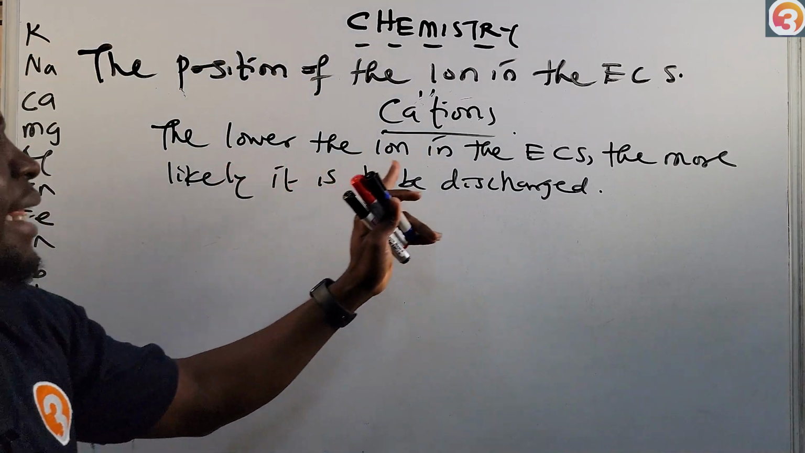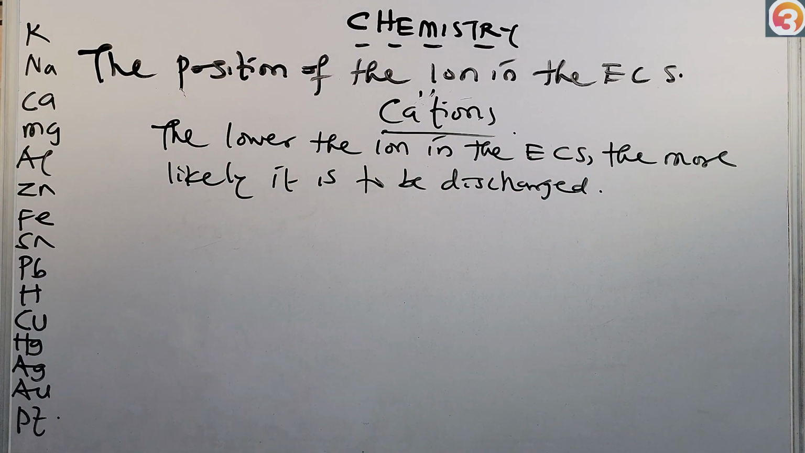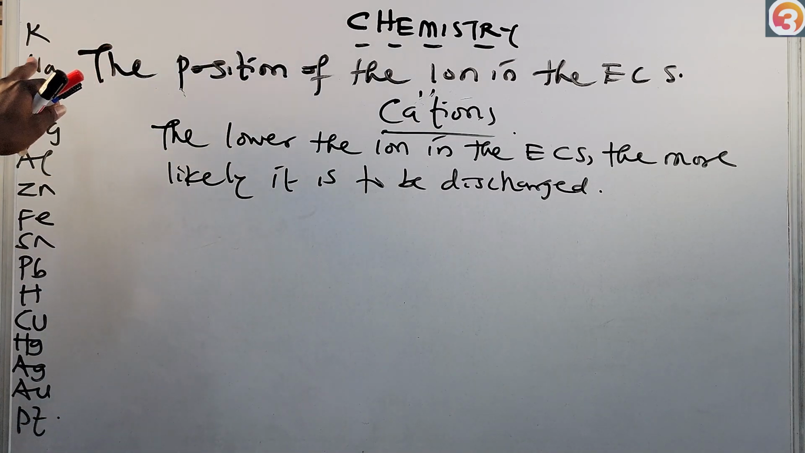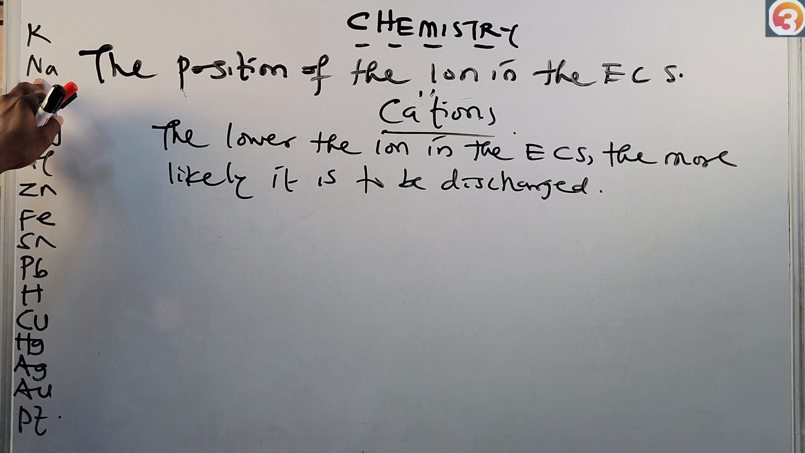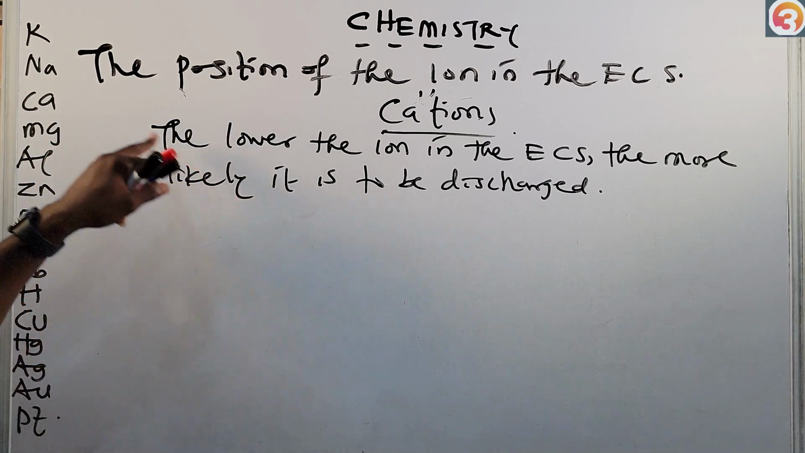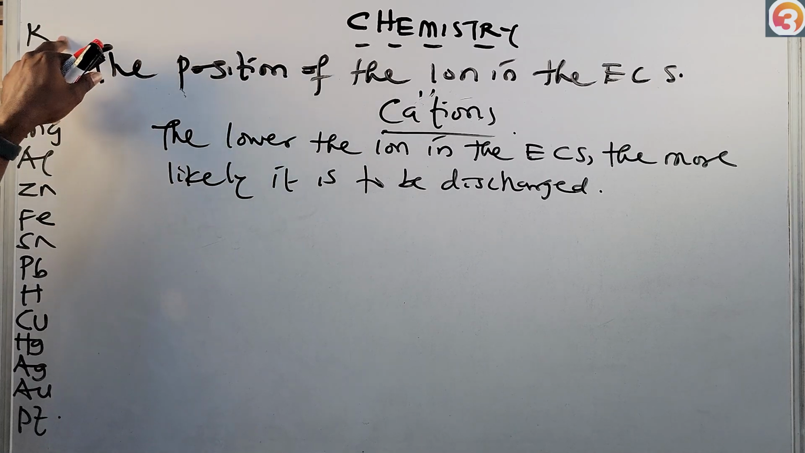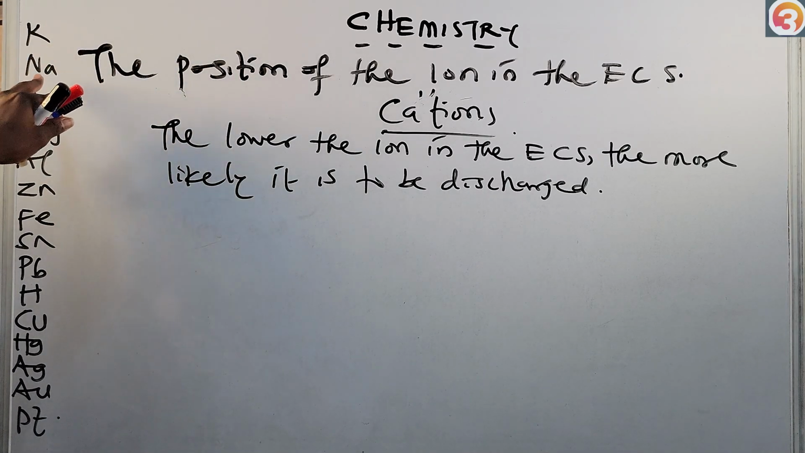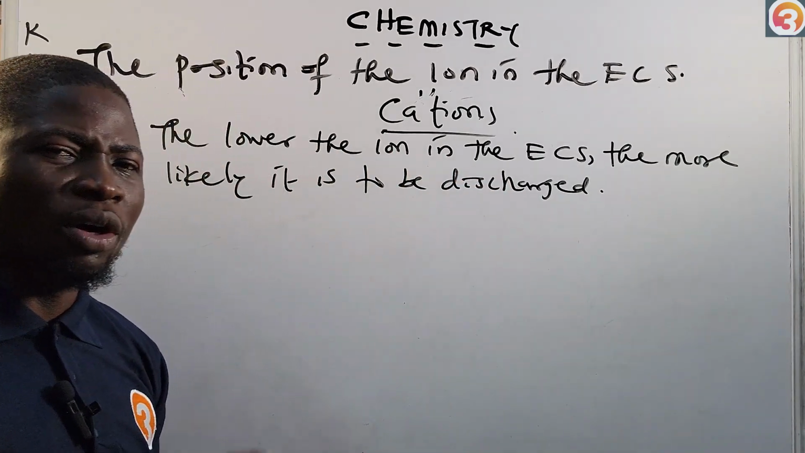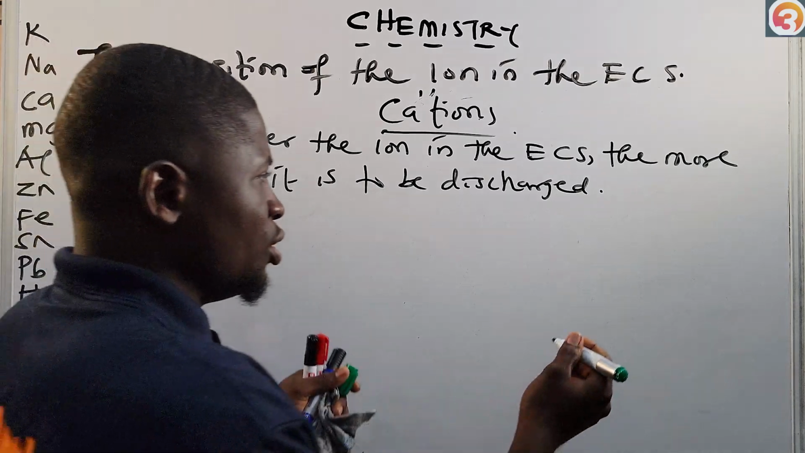That's why we are saying that the lower the ion in the ECS, the more likely it is to be discharged. That means if potassium and sodium now stroll to the cathode for discharge, which of them will be discharged? The one lower in the ECS will be discharged. That means sodium will be discharged in preference to potassium, because potassium is more electropositive than sodium. That's what it simply means. As I say, the lower the ion in the ECS, the more likely it is to be discharged. This is due to the fact